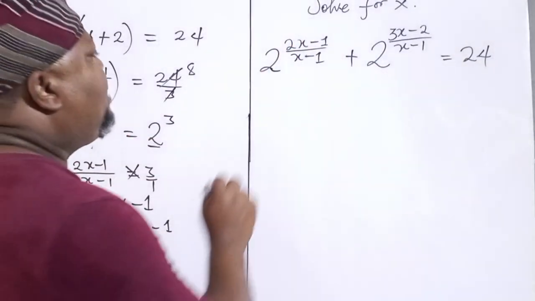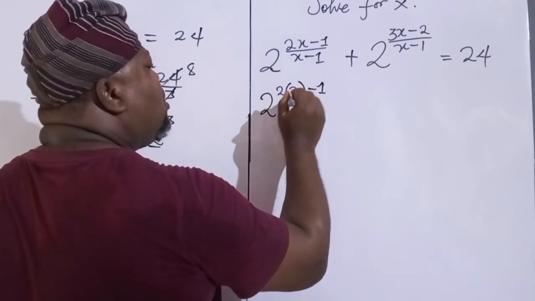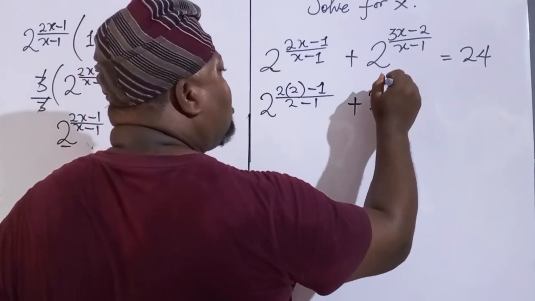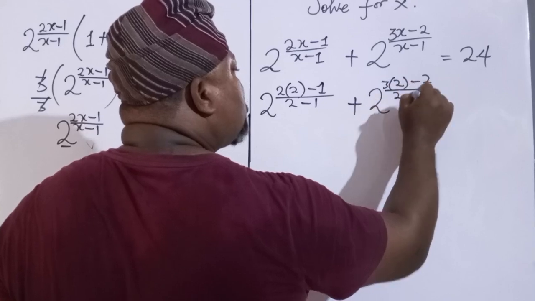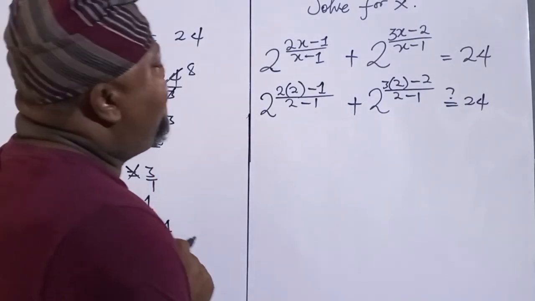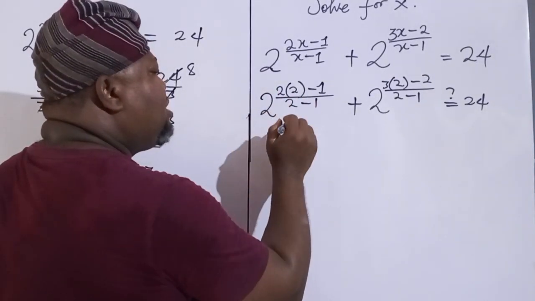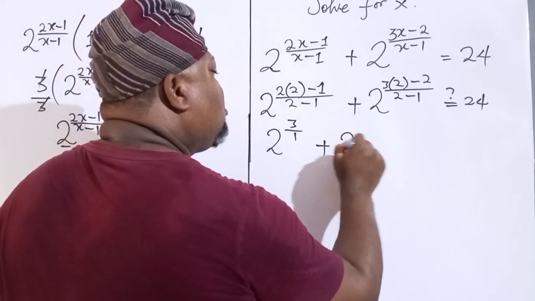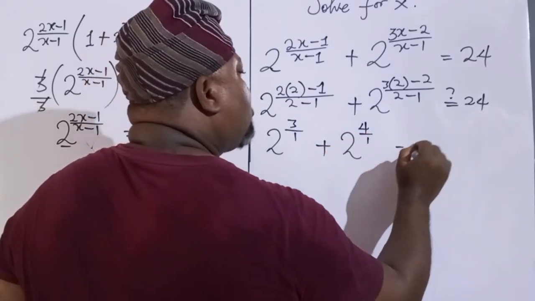Let's put it here. We'll now be having 2 to the power of (2 times 2 minus 1) over (2 minus 1), then plus 2 to the power of (3 times 2 minus 2) over (2 minus 1). Is it equal to 24? Let's see. So from here, this is 4, right? We'll now be having 2 to the power of (4 minus 1), which is now 3, over 1. Then plus, this is now 2 to the power of (6 minus 2), which is 4, over 1. Is it equal to